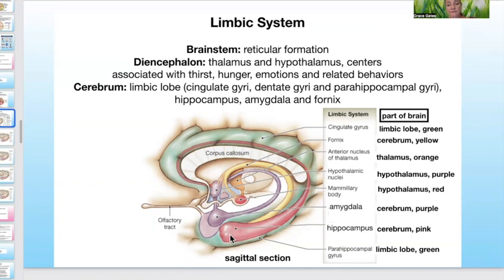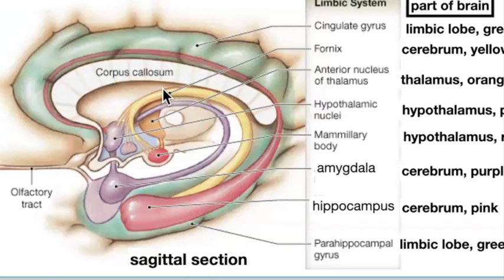It's a sort of C-shaped area of cerebral cortex, with the C facing the wrong way, on the medial surface. If you look at the mid-sagittal section of the brain, as if you've cut the brain in half, you'll see the limbic lobe in that medial area of cerebral cortex. Okay, then the hippocampus, shown here as this big pink structure. The amygdala, shown as this little purple sphere, and the fornix, which is this yellow connecting group of axons that